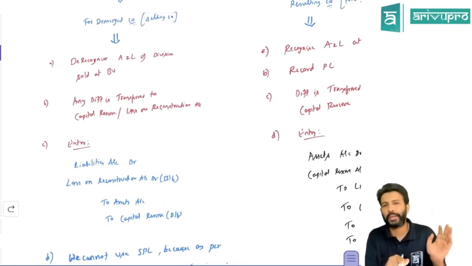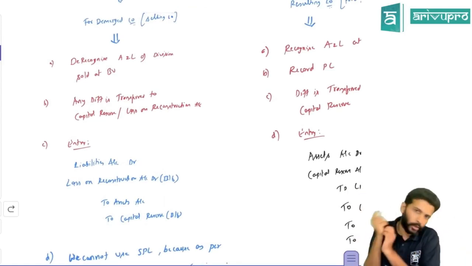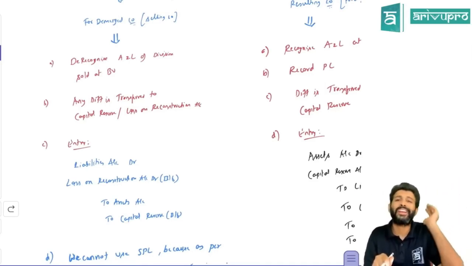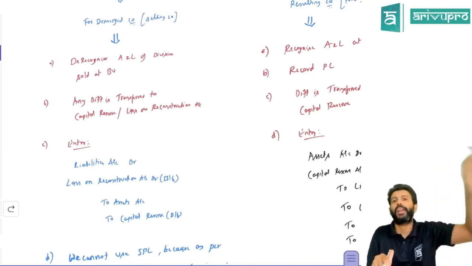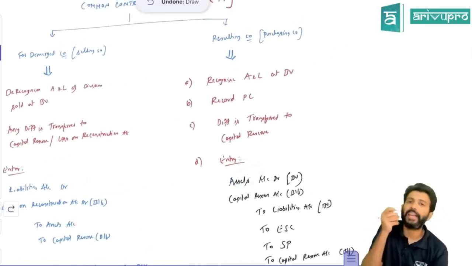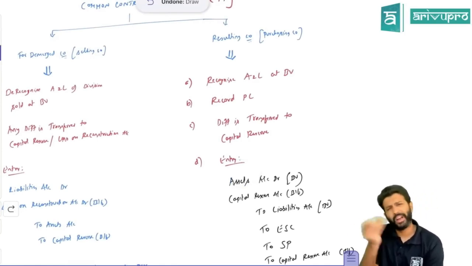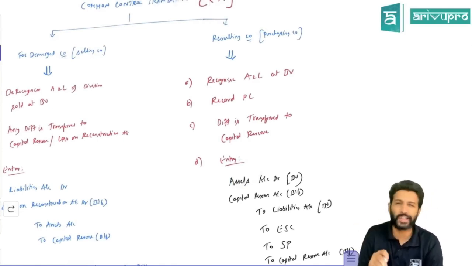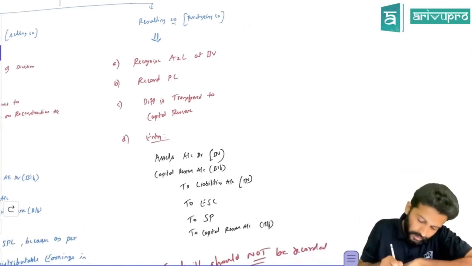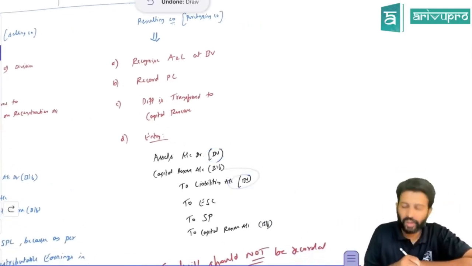What about the purchasing company? They acquired some assets, so they have to record assets. They not only acquired assets, they also acquired liabilities. So what entry they will pass is assets account debit, liabilities account credit, because they purchased the business. At what value? At book value itself, because it's a common control transaction. Fair value will never come into picture for the common control transaction. Assets will be recorded at book value, liabilities also will be recorded at book value.